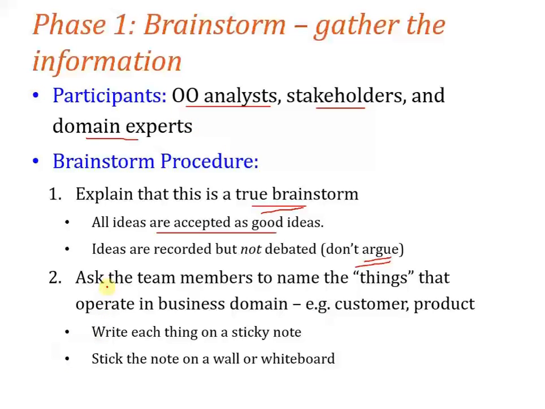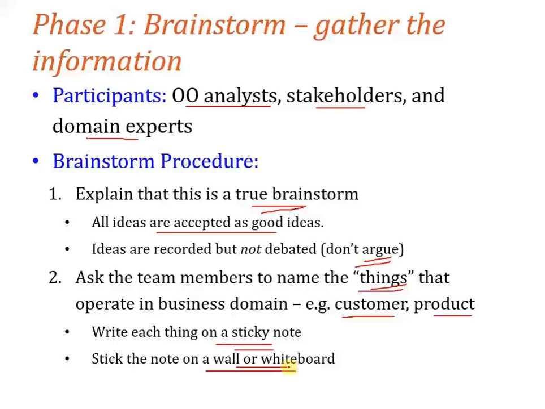And in the second step, we will be asking the team members to name the things that operate in a business domain. So any physical entities which are present in this particular problem domain will be listed, and those things will be named. For example, customer, product, servers, ATM card, machine, etc. So write each thing on a sticky note, and we will stick the note on a wall or a whiteboard, so that everybody can see it later onwards, and